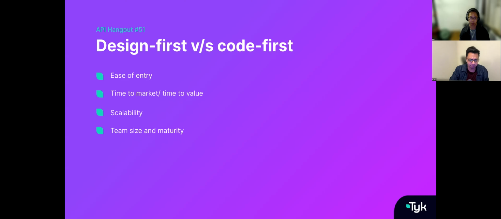And then finally, team size and maturity. If you are a complete newbie, a startup, you are just getting up and running, you want profitability as quickly as possible, or at least get the product to market as quickly as possible, maybe code first is the way to go, where your focus is getting those features out, getting that product out as quickly as possible. Obviously, you've thought about the bigger picture, but maybe not documented it as well as you might have wanted to. You're not looking at communicating that across multiple different teams within your startup. That is perfectly okay for you to go with code first.